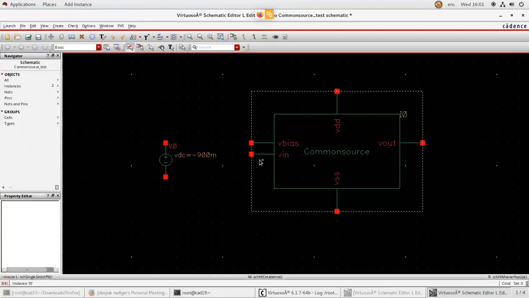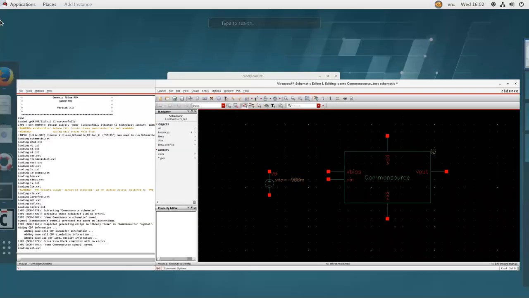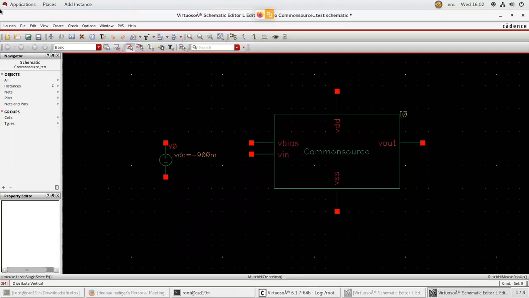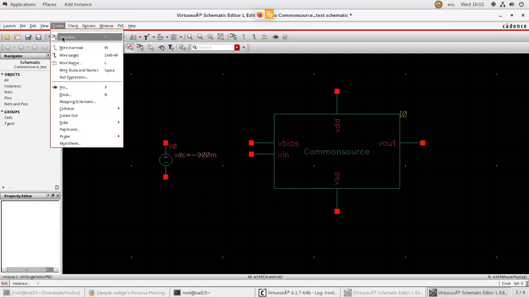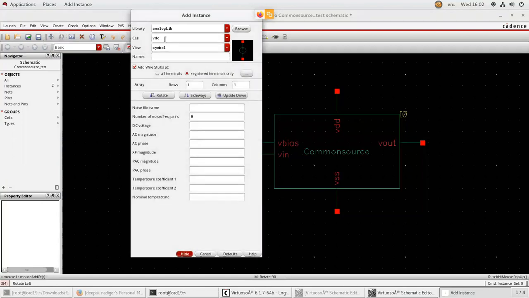Next, I need DC voltage for your VIN. So VIN, we are not going to apply DC voltage. We are going to apply sinusoidal voltage. I need DC voltage for VDD. I need DC voltage for VSS. So we'll take DC voltage for VDD now. I'll make the connections at the last. Create instance. Already DC voltage is there. You can see it is VDC. Apply DC voltage 2.5. Here I'm going to apply 2.5. Next, click hide.